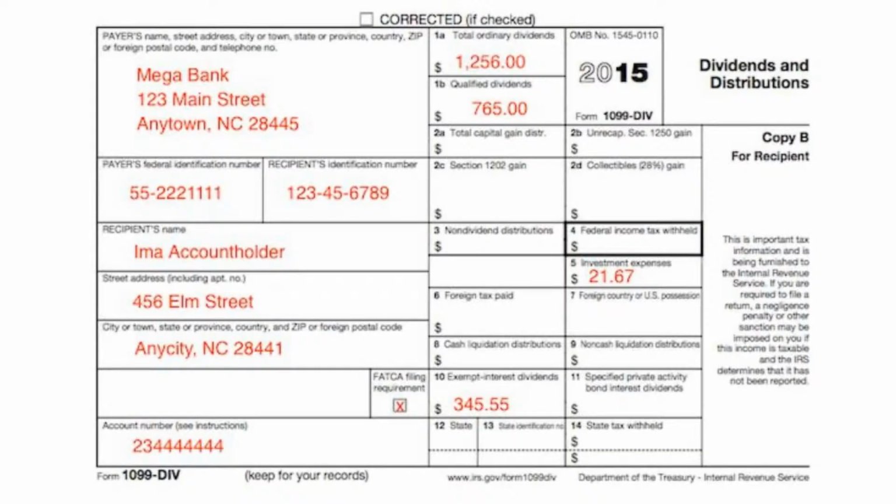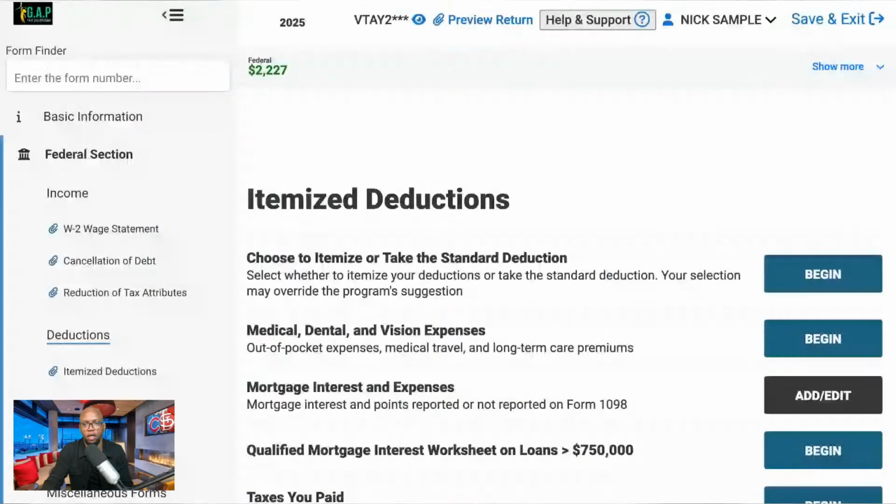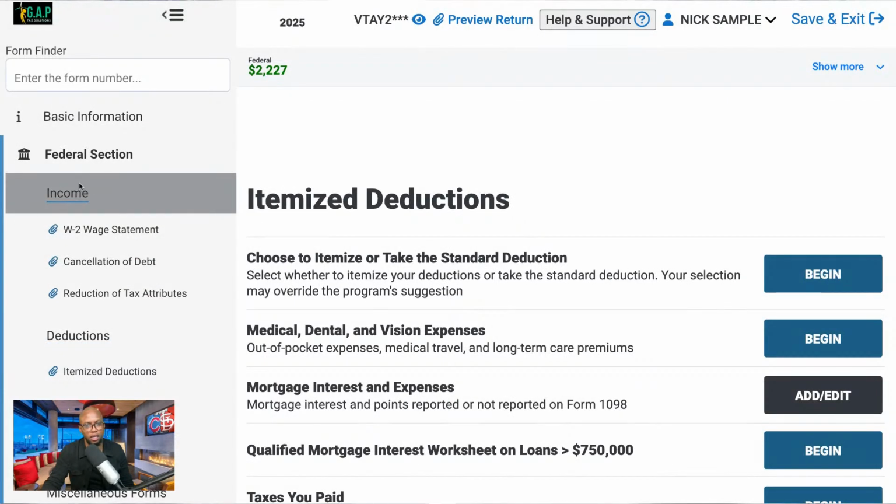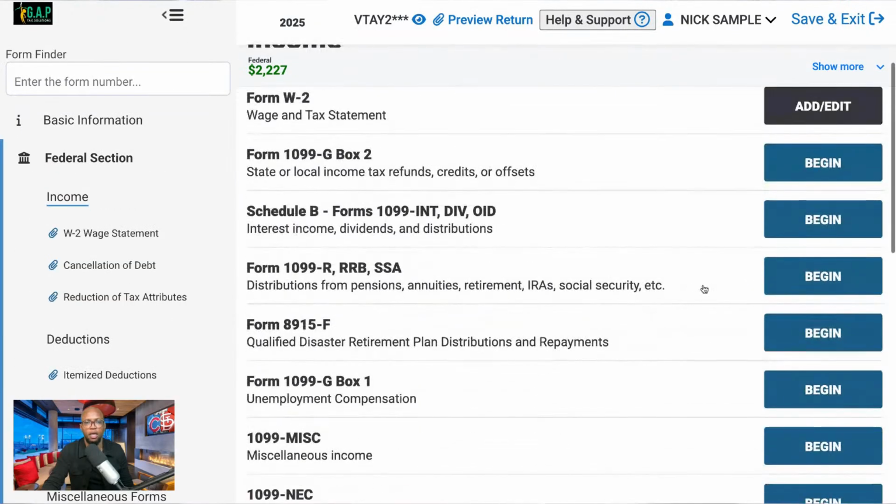Now, disregard the recipient's name and all of that. I just want us to enter this as a dividend. Disregard the year and all of that. Let's go to where it's supposed to be. So we know if we're looking to add this, there's a few different ways. My way is to go to income and look for the dividend place, and then